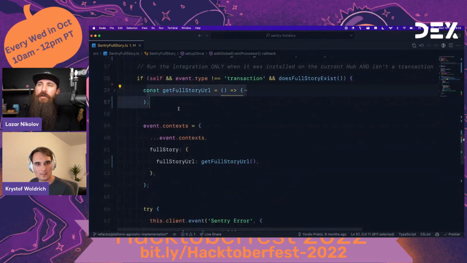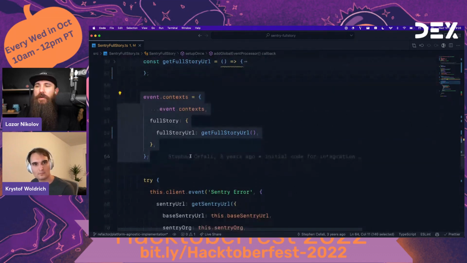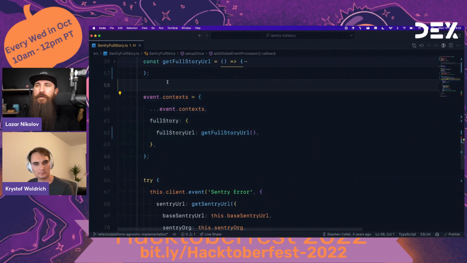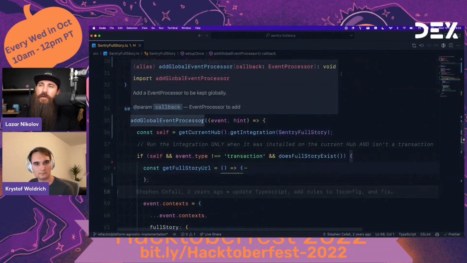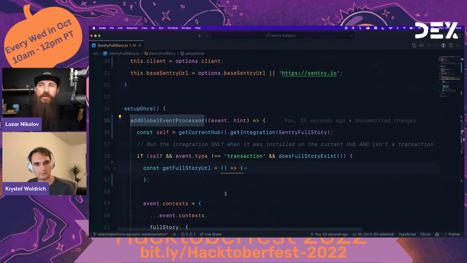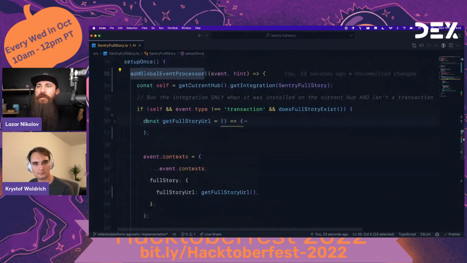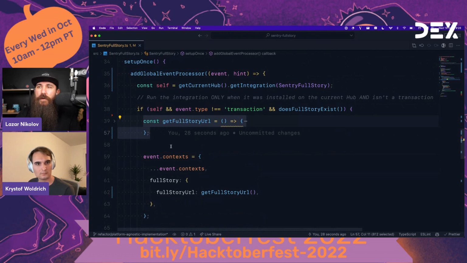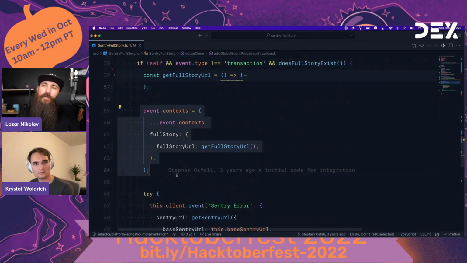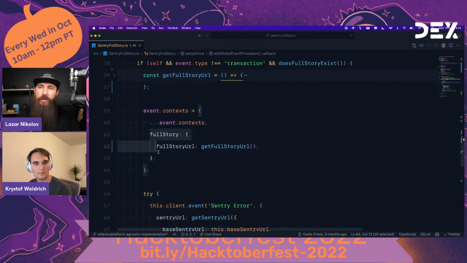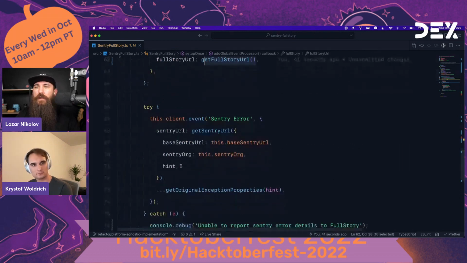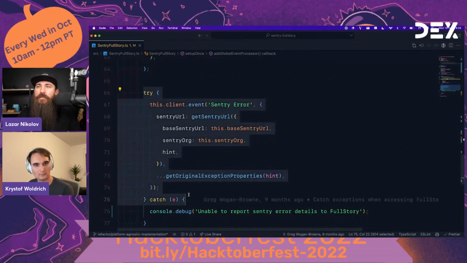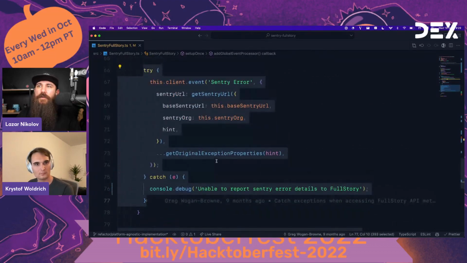And this is the callback, right? So we get the get full story URL, which is being used here to pass on the events. When we catch an event inside of the global event processor, we try to get the full story URL. We modify the event context, and we add the additional full story object here that links to the URL. And then we actually go and send the event